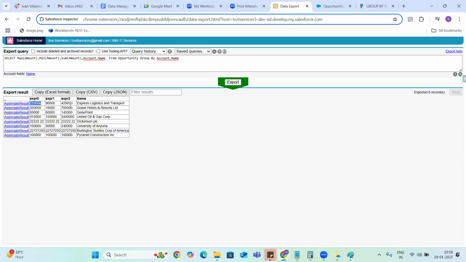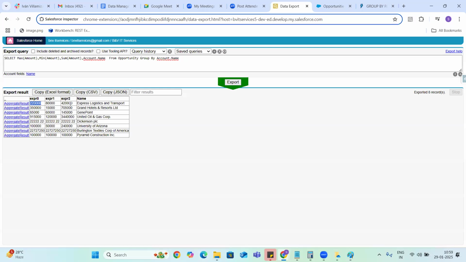Okay, so this is another use case, guys, for the group by. Group by is something like that. You can group the records and you can get some aggregate values, maximum, minimum.